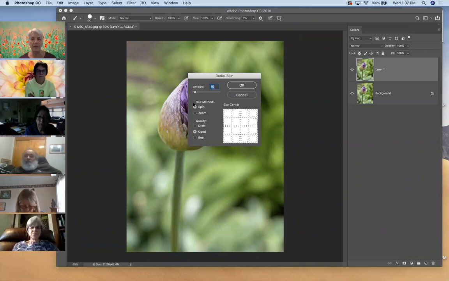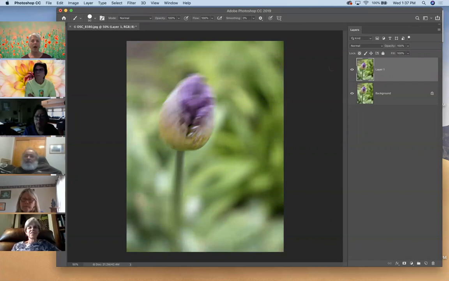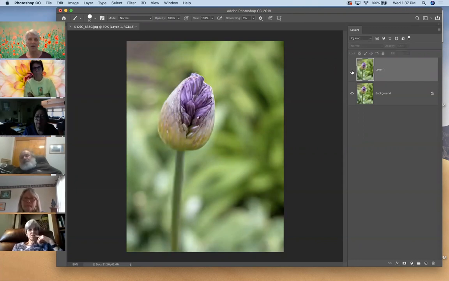It said spin, amount is 10, and quality is good. What the heck? Good enough for me. I don't know what it's going to do anyway. So I just clicked OK. Wow. It's interesting. It softened up the background, but it also spun